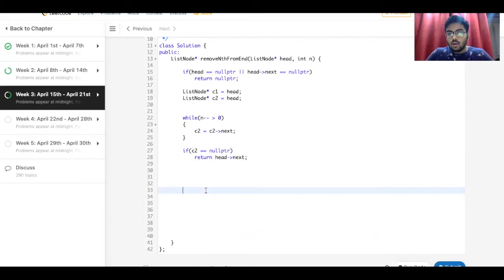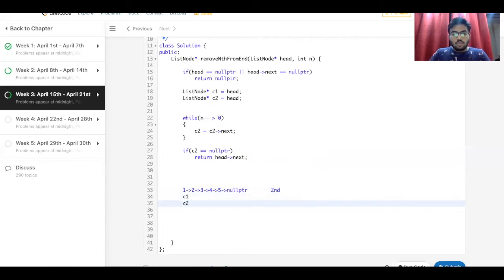Now let's generalize the algorithm for all the cases where we have a long linked list. So for example, I take 1, 2, 3, 4, and 5, and then it's pointing to null pointer. And we have to remove the second element from the end. So I initialize C1 here, C2 here.